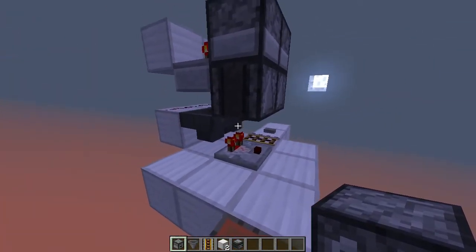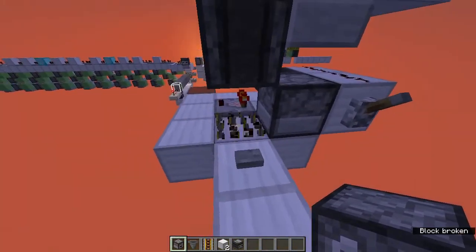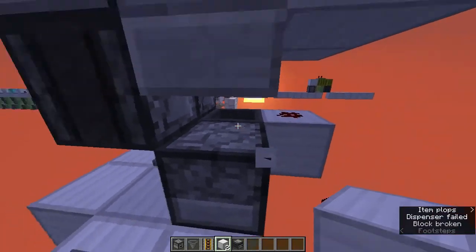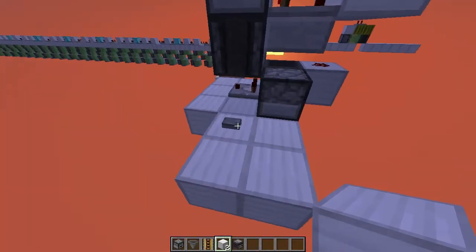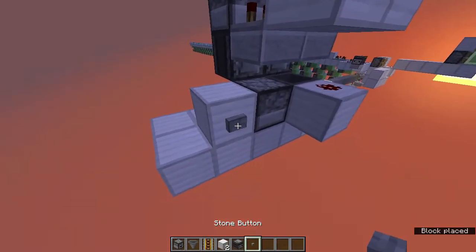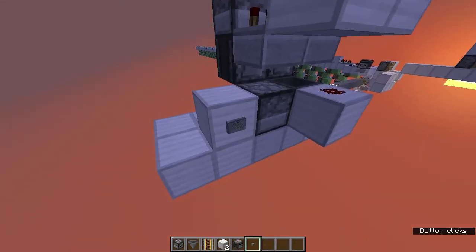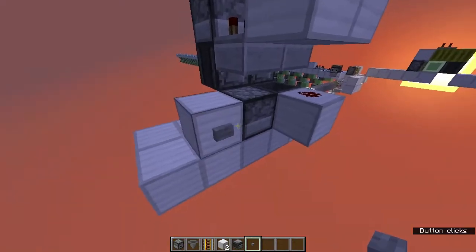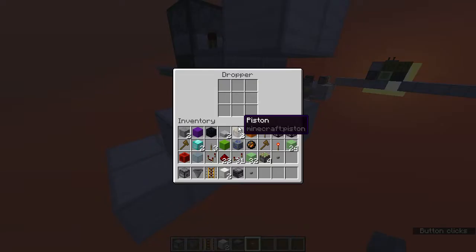To build a counter, you're going to replace this hopper with a dropper, and you don't need that, and you also will not need this at all, and that should do it. That's your counter. So if you put a block here, we could simply just click the button, and it'll basically count the amount of items out, as you can see, and one more item, and after that one item, it will...